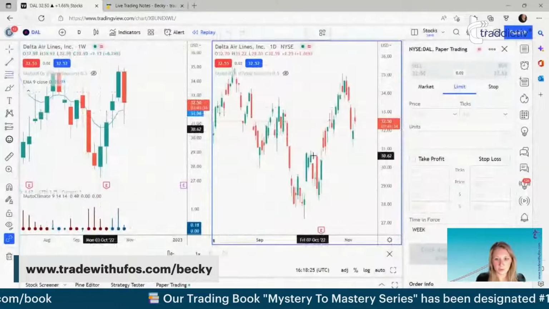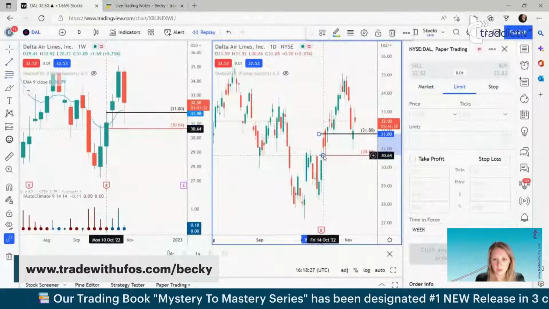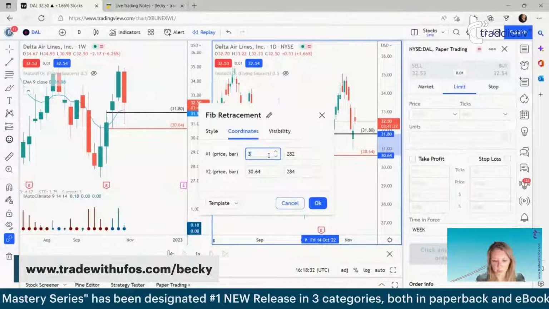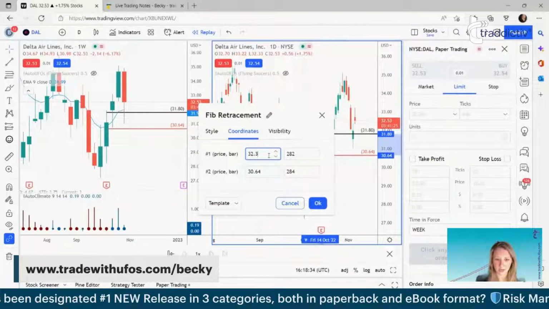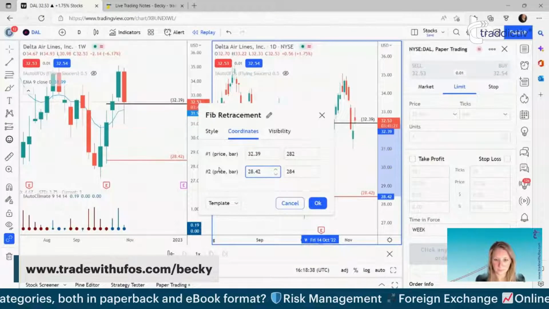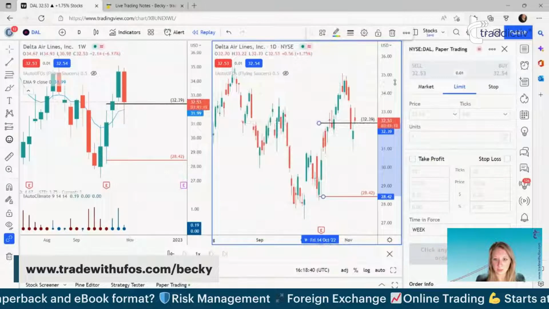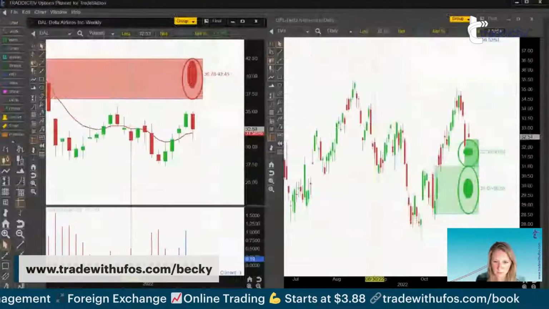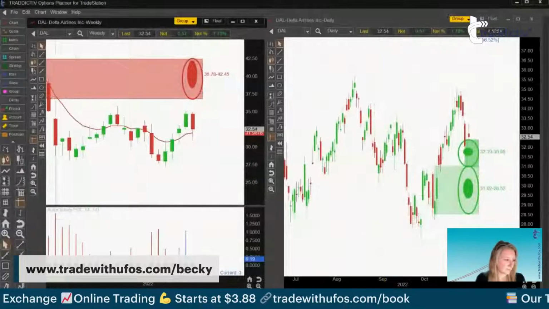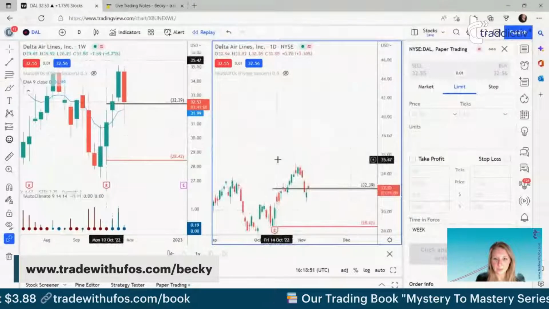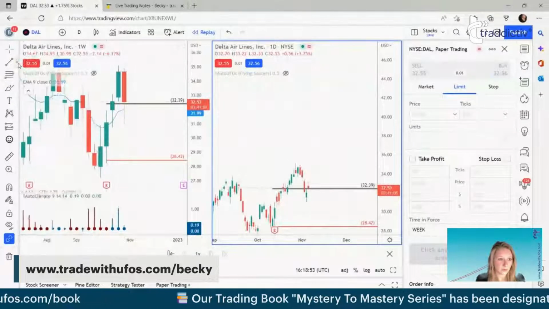Nice. So I'm going to draw it on the chart just because I like to see visually what we've got going on. It makes it easier for me to come back later and check what's happening, where we're at. Okay, so that's the entry and stop loss prices. Just double check I got that right. 32. Yep. Okay, nice. So the safety target was already figured out for us by